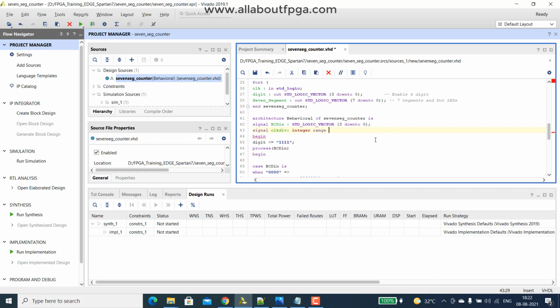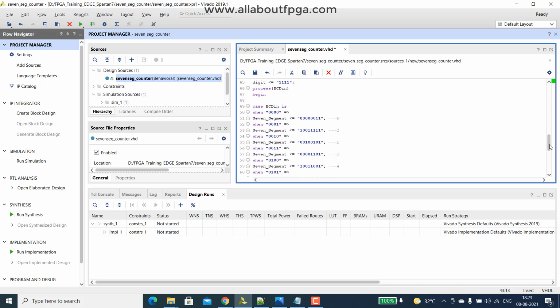As of now we have used only std_logic_vector, but we can also declare signals with the type called integer and provide the range. We are going to divide the clock when it reaches 50 times 10 power 6. Semicolon. So these are the two things required for making it count.